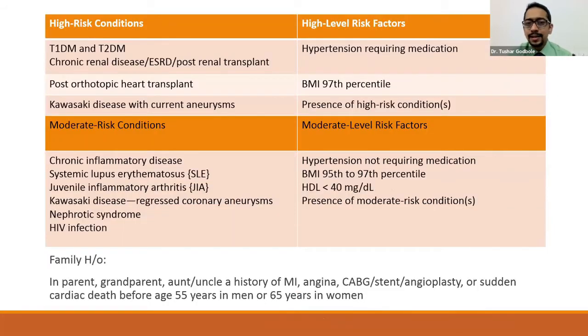And what are those high risk conditions and high risk factors? Some of them we have already discussed, like diabetes in children, renal disease or renal transplant, heart transplant, Kawasaki disease, whether current or past. These are the risk factors. Any chronic inflammatory diseases come under the moderate risks. And in the high risk factors also come hypertension requiring medication and BMI above the 97th percentile. So these are the high risk children who you would be treating above 130 milligrams of LDL concentration. And they also need to have the family history as a mandatory factor,